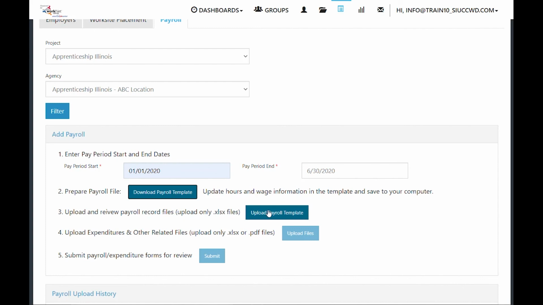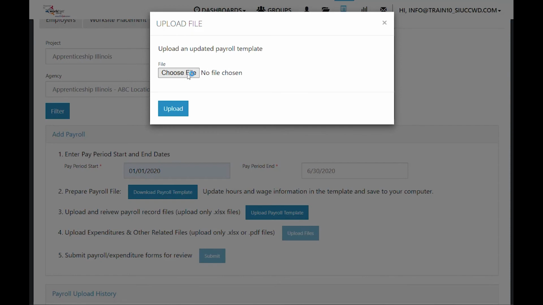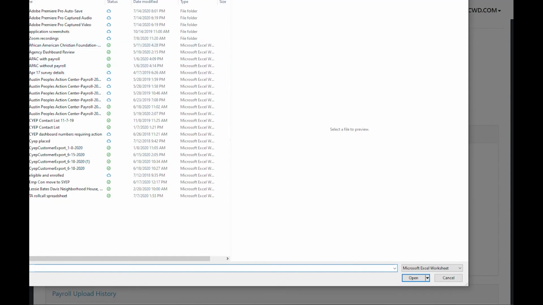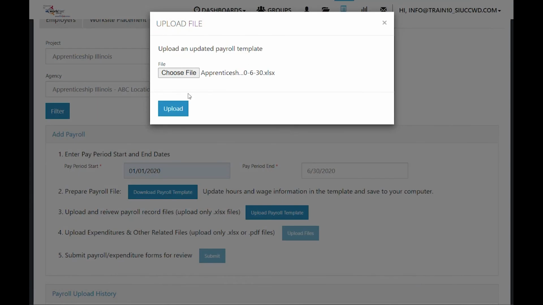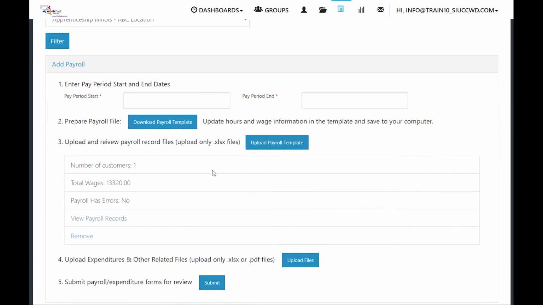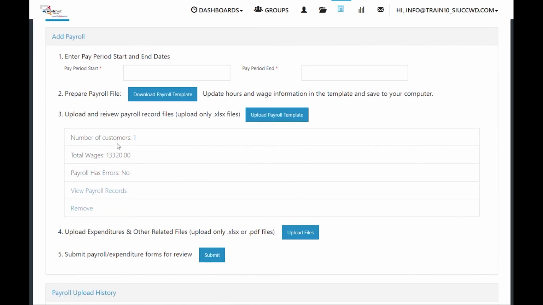Once you have that saved, then you will click on the Upload Payroll Template. Upload the payroll template. And then upload. It will give you an overview of how many customers you had, what the total wages were. If there were any errors, you can view the payroll records, and then if it all looks correct, you'll want